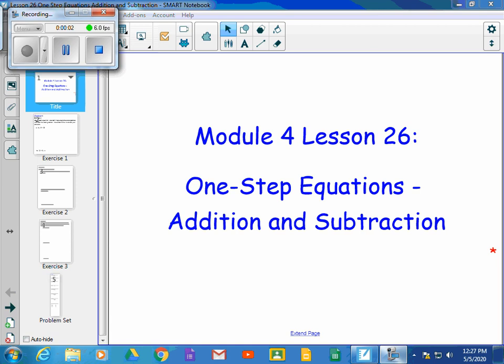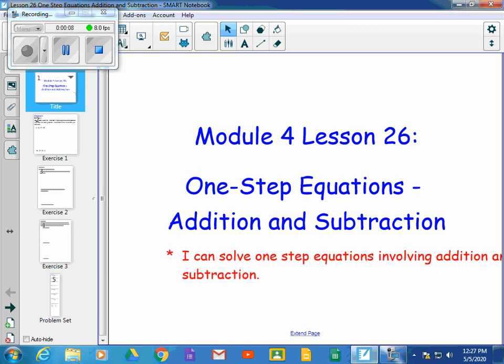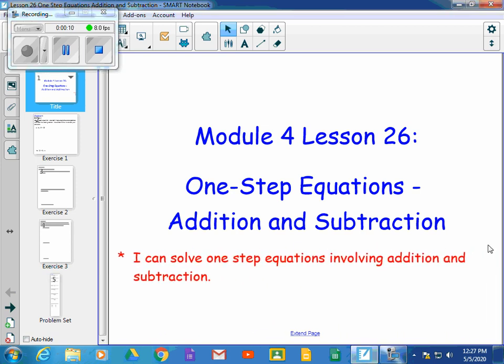This is Module 4, Lesson 26, titled One-Step Equations with Addition and Subtraction. The goal of this lesson: I can solve one-step equations involving addition and subtraction. Remember that you can pause the video whenever you need to, and make sure that you take good notes throughout